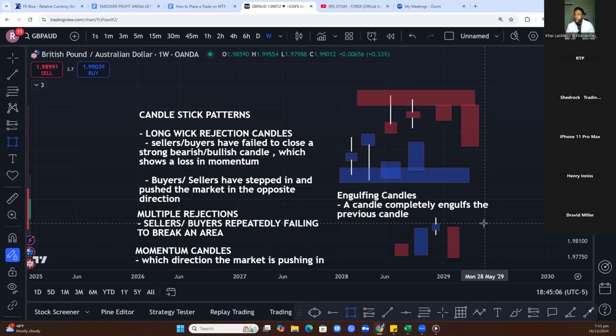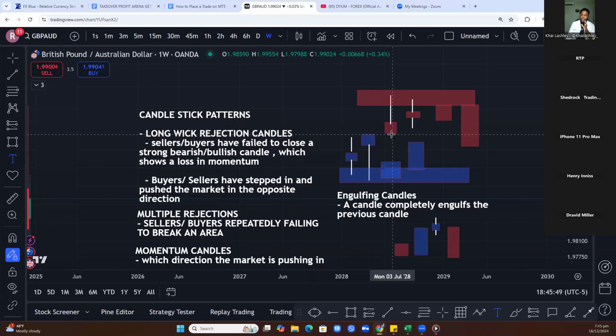You may also see, for example, a three candle sequence in one direction. I mentioned a two candle sequence. You may also see three candles pushing in one direction, bump, bump, bump. So you see, for example, like this, one, two, three, a third sell candle coming in, boom. All that's also classified and grouped in momentum candles. So it's actually correct in saying there are really five different types, because the long wick rejection, the multiple rejections, momentum candles, engulfing candles, and then lastly,